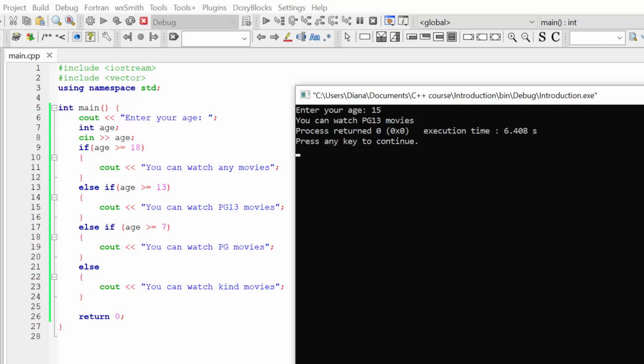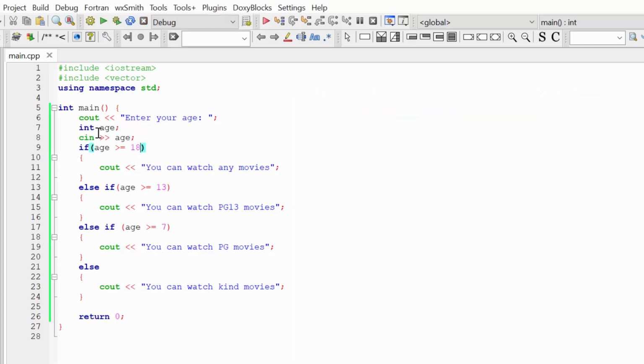but it's still bigger or equal than 13. Earlier we said that the expression in these round brackets is some condition that is true or false, so it's a bool variable. And instead of different conditions, we actually can use different bool variables in these parentheses. If our boolean variable is true, the condition is true, we execute the respective code, and if the condition is false, we execute a different piece of the code.